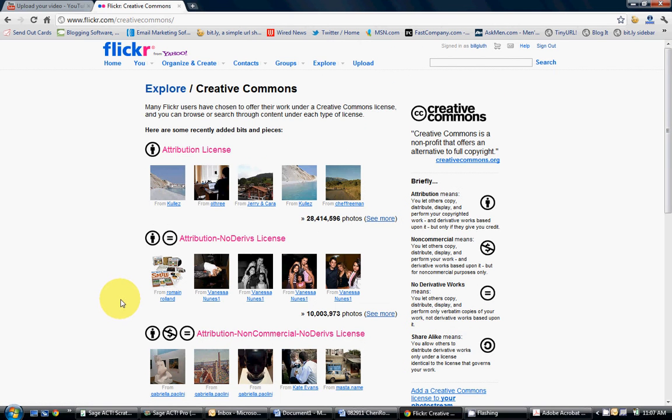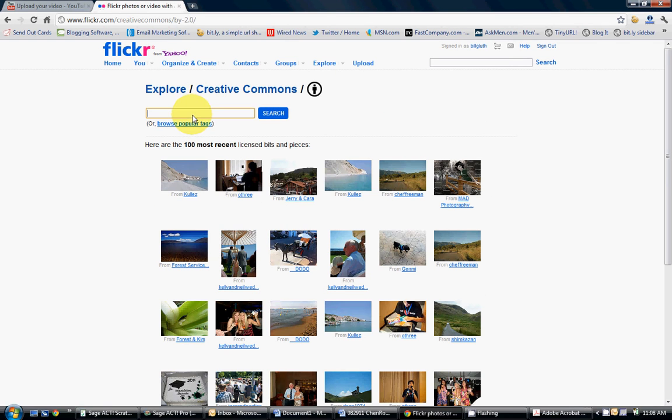We just basically focus on these two, Attribution License and no derivative license, because for the most part we're not going to go in and make Photoshop creations from images we find here on Flickr. So let's go into the Attribution License. Real simple. We just basically type in a keyword. Let's just put in the keyword mirrors just for fun, see what we get. I don't know what we're going to get. We hit search,